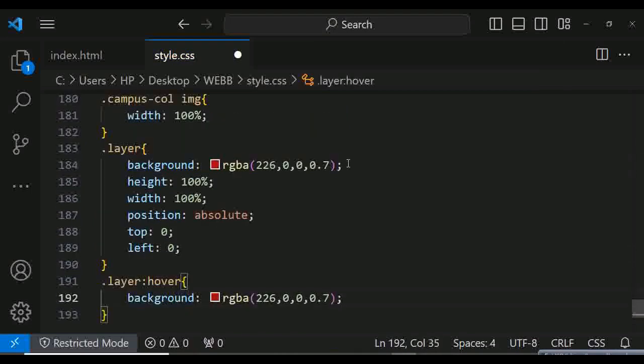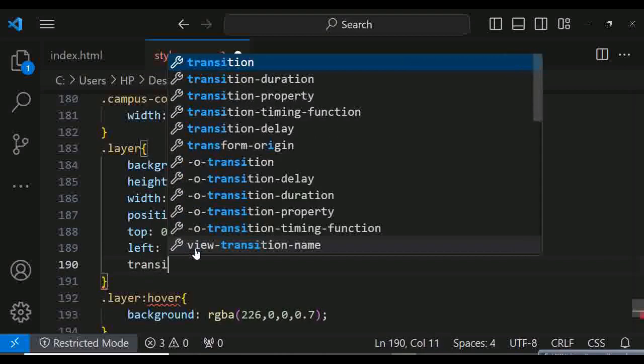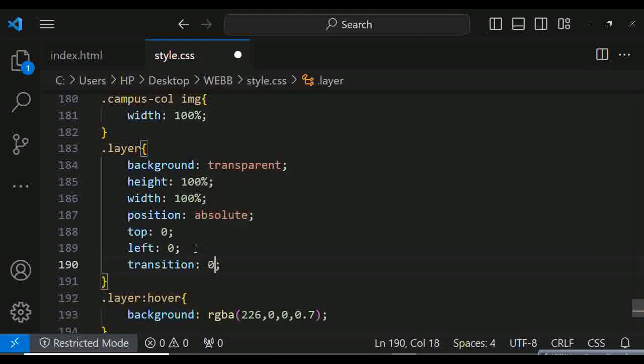The background in this place, let's change it to transparent, since we don't want it to display over the image again. But we want the hover effect to display this color. Let's add the transition time, 0.5 seconds. Let's save